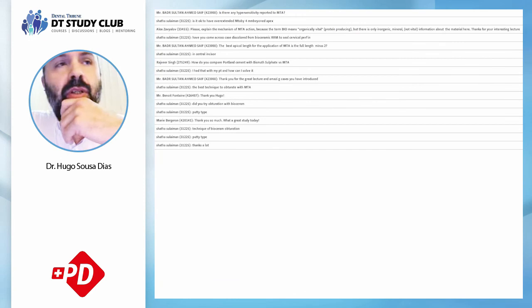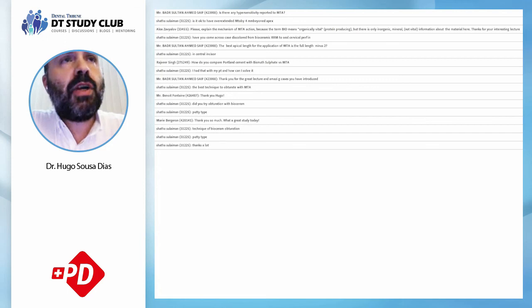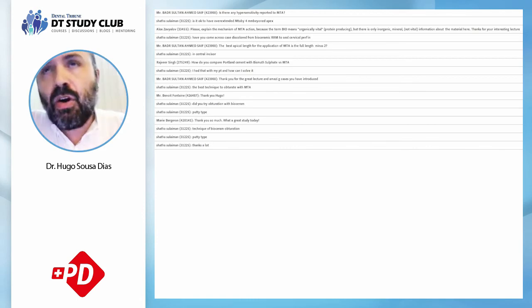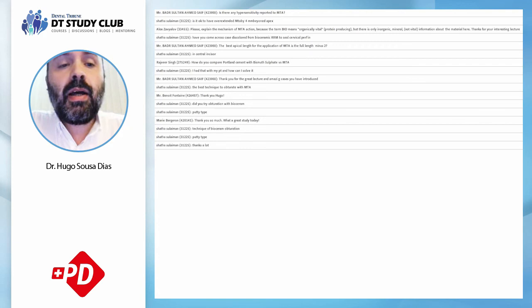It's not yet publicly available, but they show us with histological studies that in situations where we have an over obturation with MTA, we can achieve better bone healing in these kind of patients, better and faster healing. I think we don't have a problem when we have an overextension of MTA, but the main